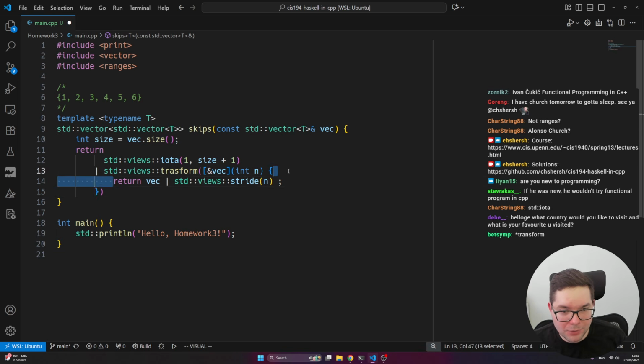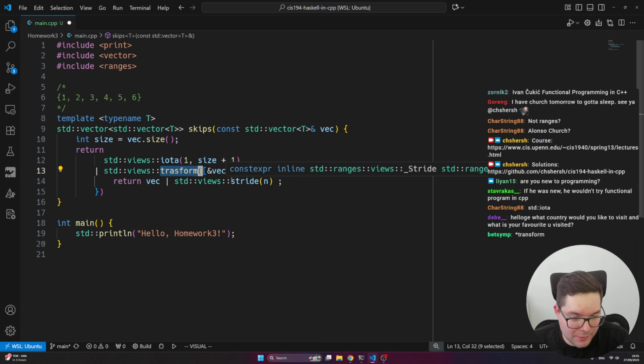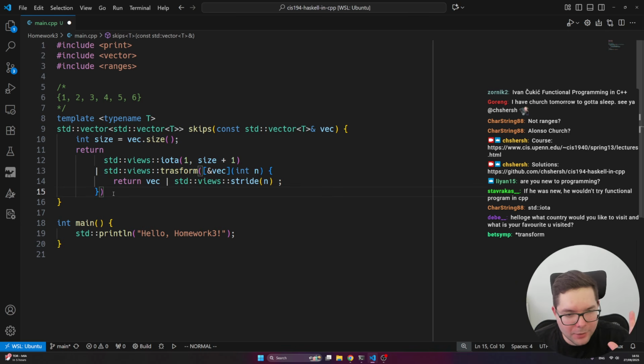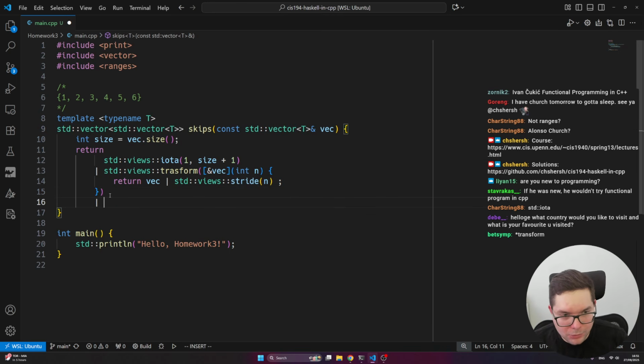But let's assume here we just wrote a function that converts every number to a vector of vectors. So now we have basically almost what we've done. We use standard functions and we support it. The only thing is that this stride doesn't return a vector. Here we want a vector of vectors, but it itself doesn't return a vector. So what we can do